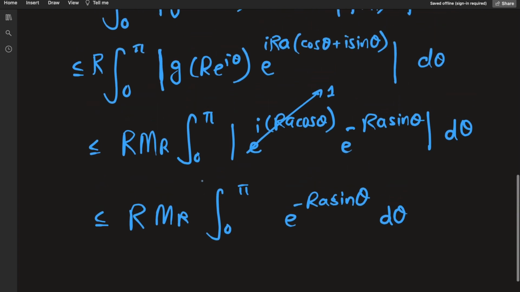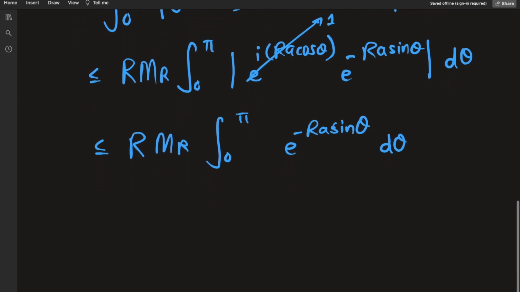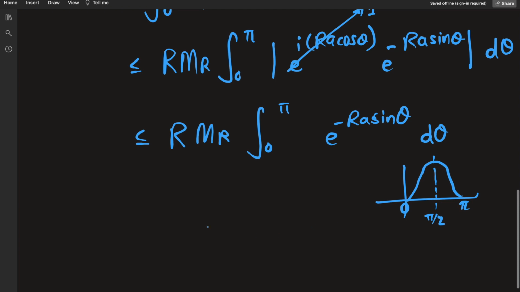Now I would like to do one thing. I would like to split this interval of 0 to pi as 0 to pi over 2. That's because this sine is sort of changing at this cusp of pi. The way I like to think is you have this interval 0 to pi. Well, sine is increasing from this part and then decreasing. So let's just keep one phase of the sine, like the increasing part of it.